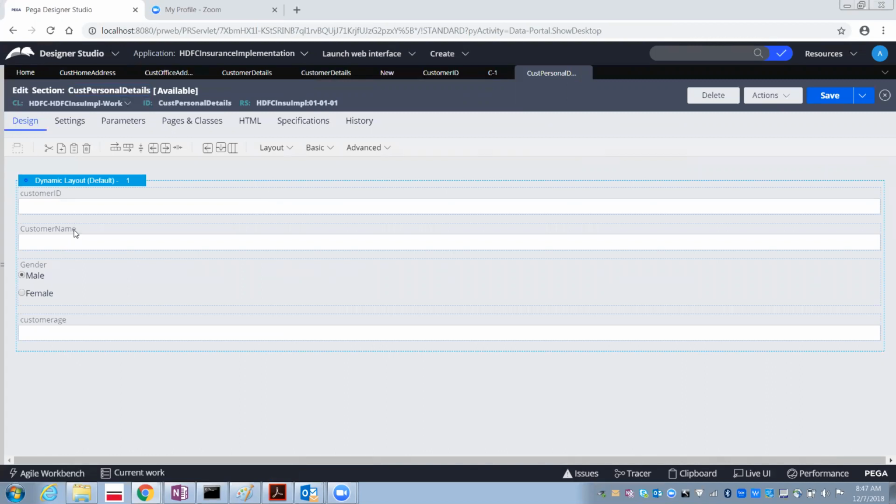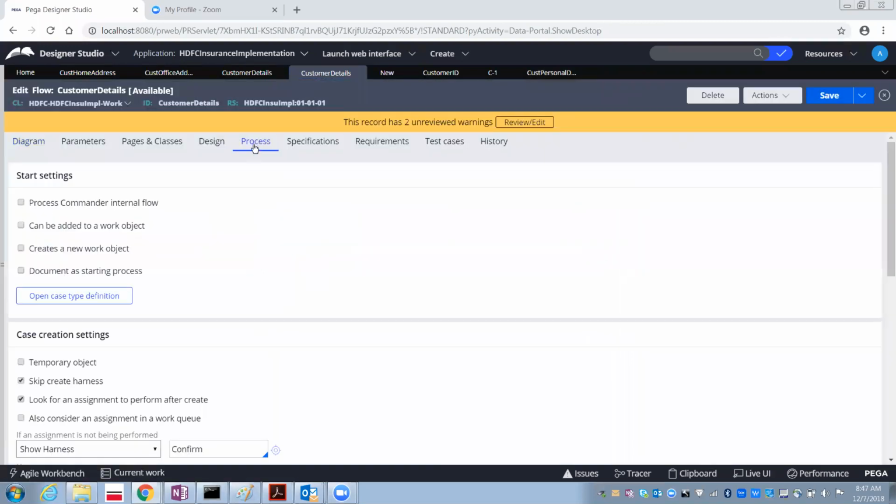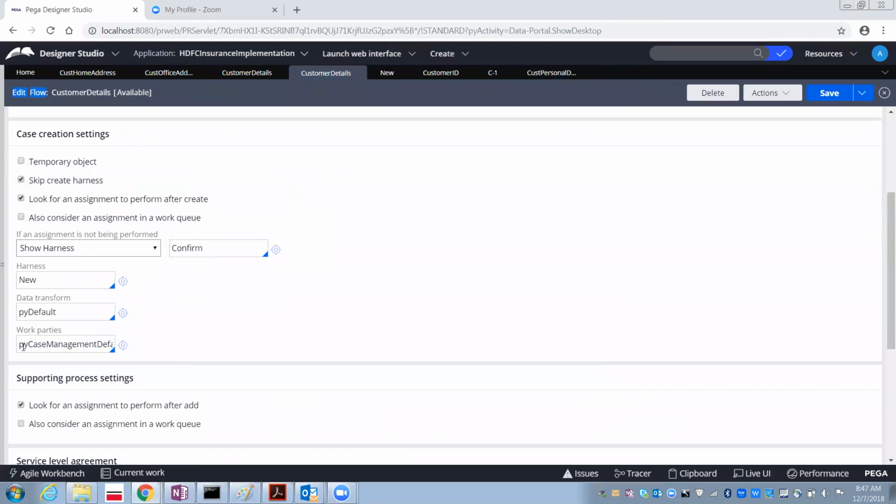Okay, now let's come to the point. The reason for not showing the customer ID and the other 2 properties is mainly because of the process tab in the customer details flow. So I'm editing the flow. In the process tab, there is something called work parties. By default, it would have default, otherwise it would be blank.